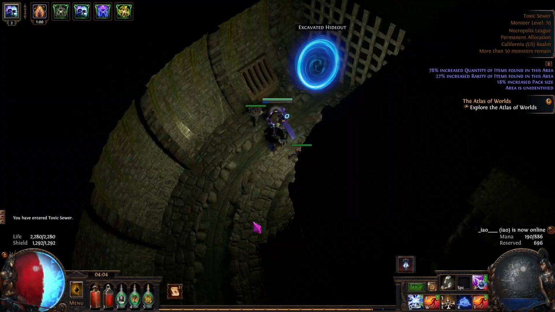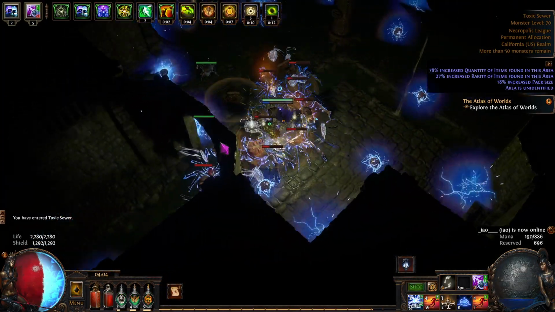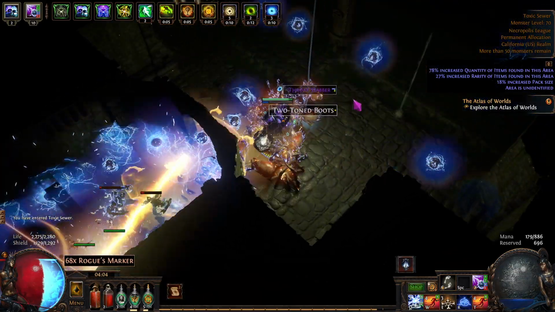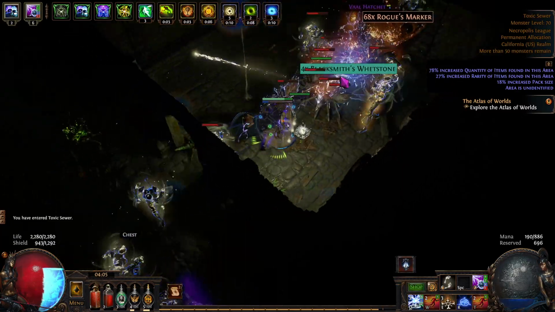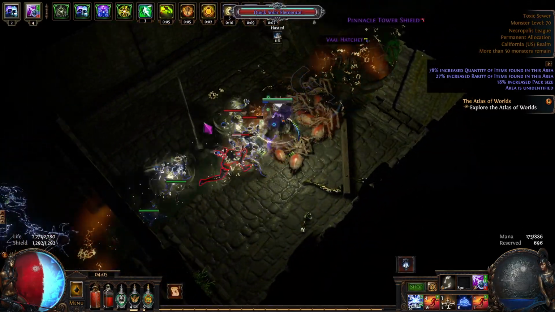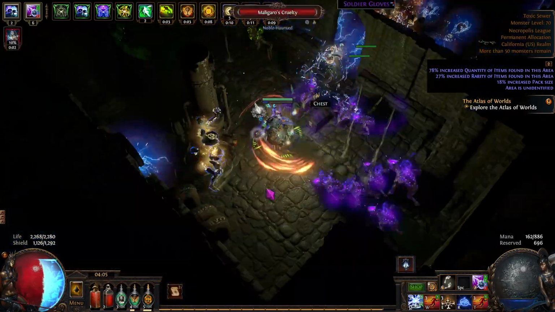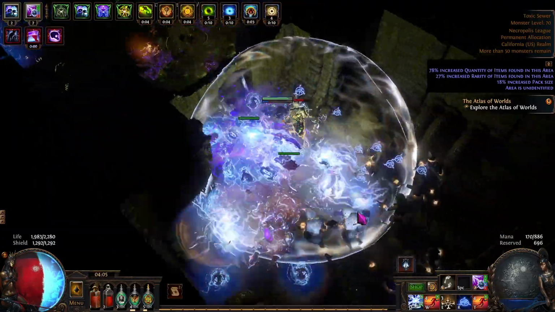Some things I need to do, I need to get myself a good Hubris helmet. I need to start picking up some Chaos Resist. Yeah, I need to figure out my Atlas strategy, like big time. I'm doing the Chaos recipe right now just because, well,